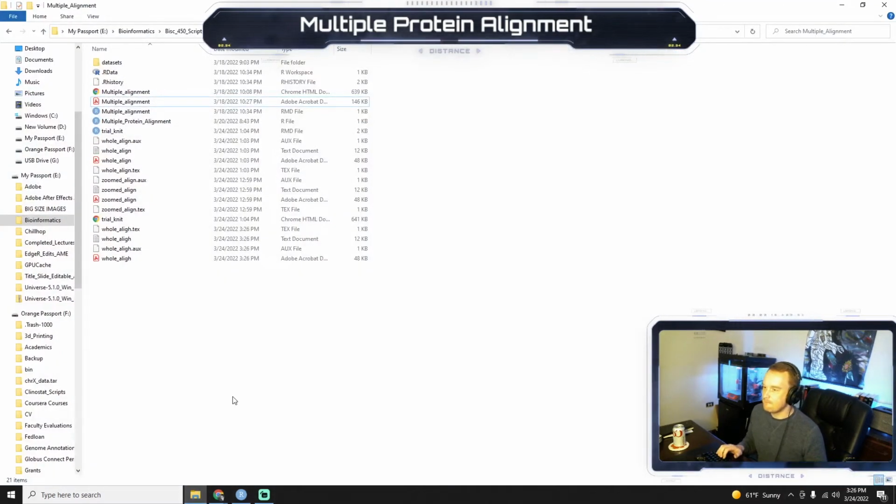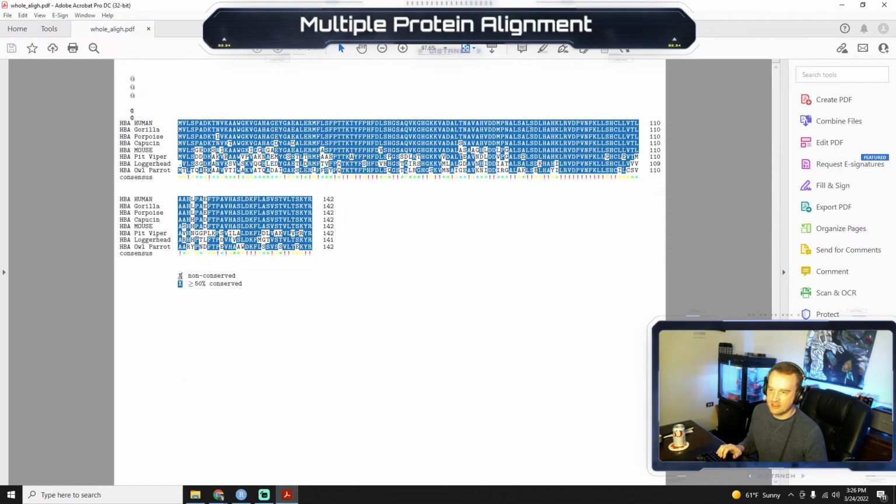for some reason. So now when I open this up, you see I have a PDF in my working directory called whole align, and as you can see here, it's an alignment of all these different sequences. Anything that has blue means it's aligned, perfectly aligned. Anytime it's white, there's a different amino acid than the consensus, which is the majority. So pretty cool. You get to see where these amino acid mutations or changes have occurred in these